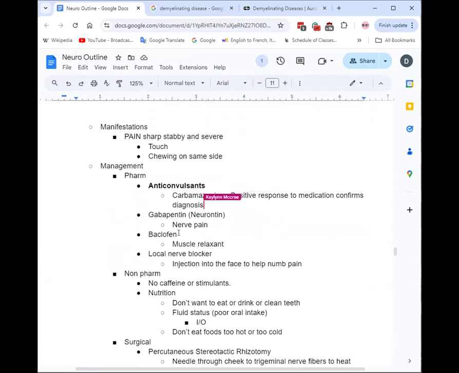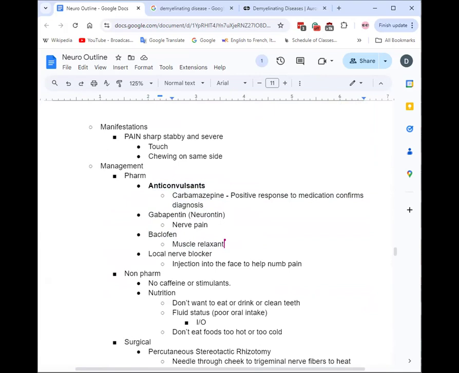Getting a general idea. Baclofen, you'll see baclofen a few times. Just get the fact that it's a muscle relaxant in your brain. Remember all the zepines, all the anticonvulsant endings. Neurontin, just get it in your brain cells that it can be used for nerve pain.